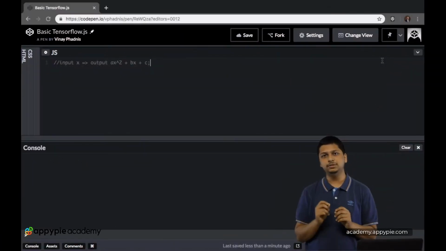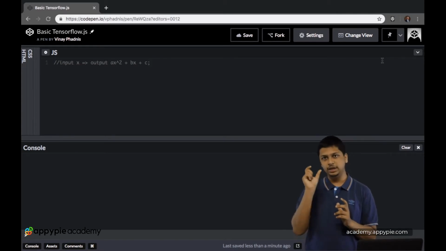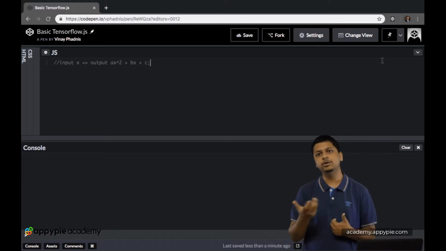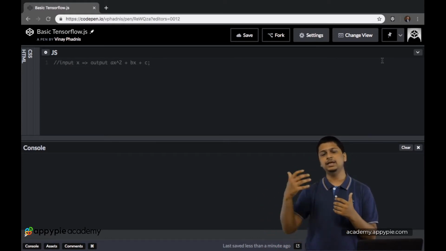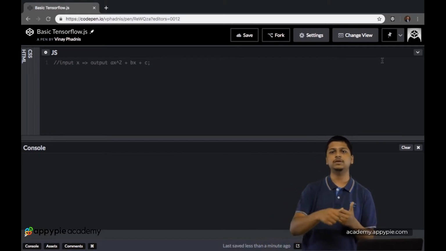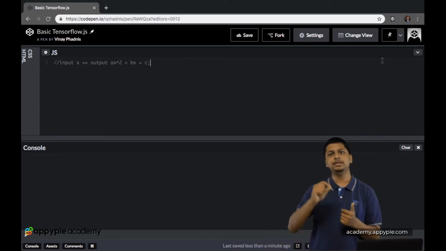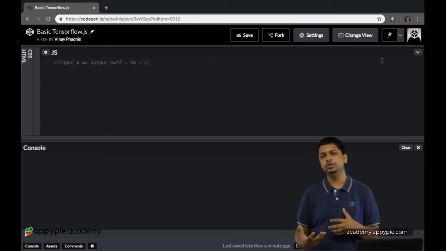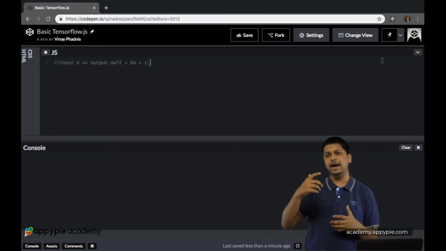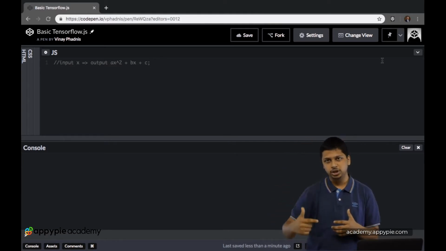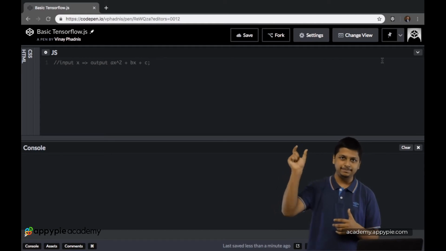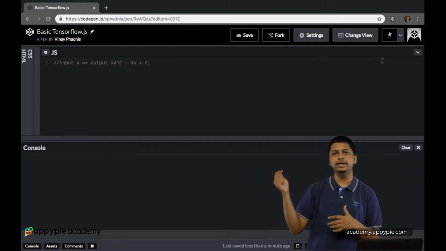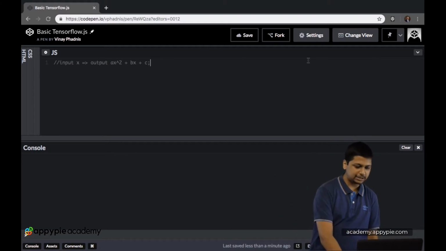Okay, so now the task for this particular project is to have an input. Let's say it is x, or we'll give some value to the x later on, and basically in the output have the value of the equation ax squared plus bx plus c. Okay, and now the way you need to do this is by basically adding a method or a function which takes in the value of x as a parameter, and then basically inside the function you have to calculate ax squared plus bx plus c.